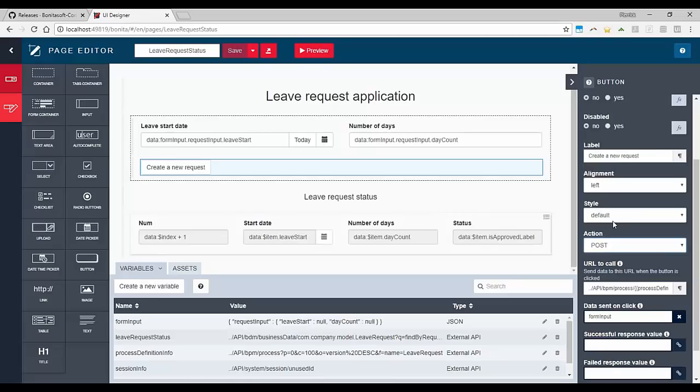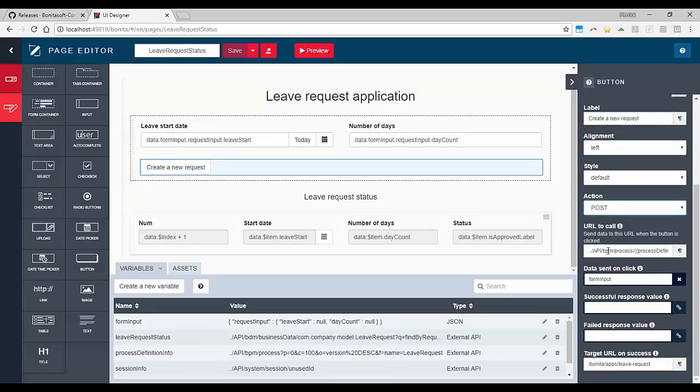So we do a post and we use a specific URL to call this post, and this is a specific REST API call from Bonita, and we provide what we call a specific form input variable, and this variable, as you can see, contains the contract information. So the same way you can use forms, and provide a submit information as a contract information to perform a